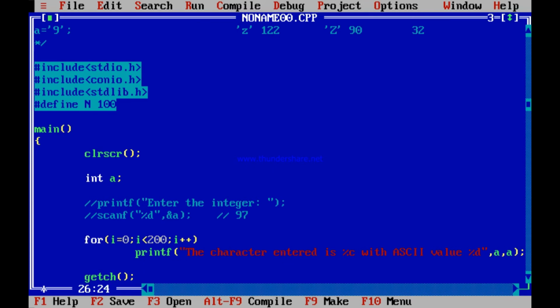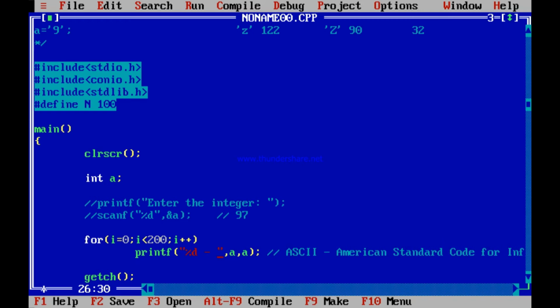In printf, I just print %c, %d, that is, I print 0, 1, 2. I have started from 0, gone up to less than 200, i plus plus. I have printed 0 first, and its equivalent character.